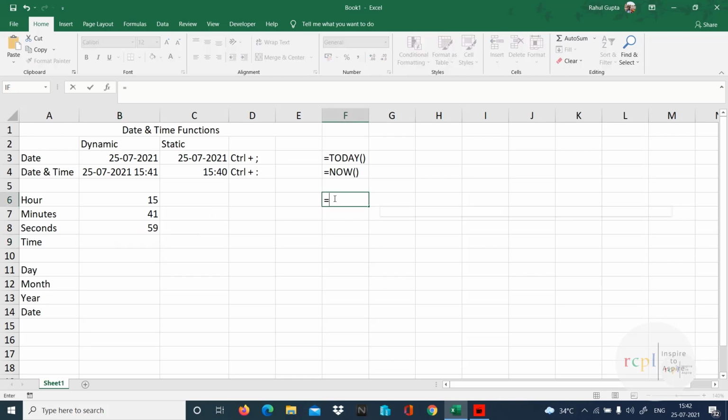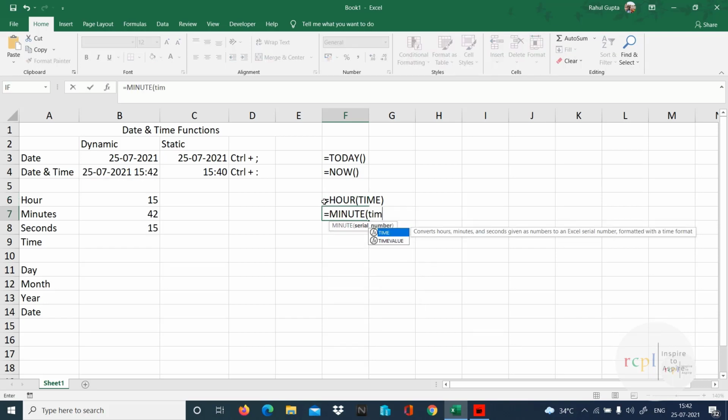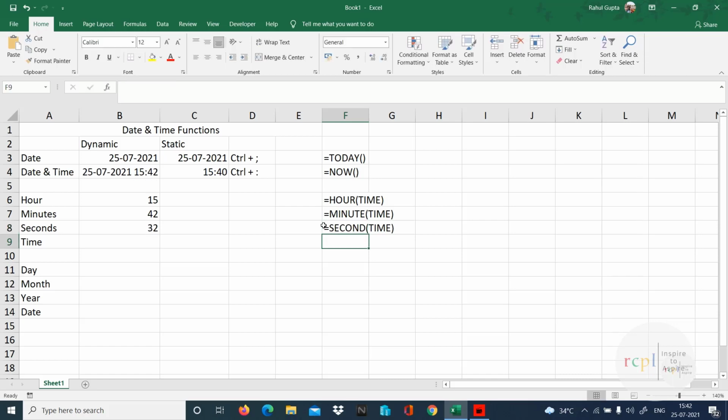The formula is =HOUR, then the time that we have to provide. It says serial number, but actually we have to give the time. Similarly =MINUTE and the time, and =SECOND and the time. Those are the three formulas we can use to get this.